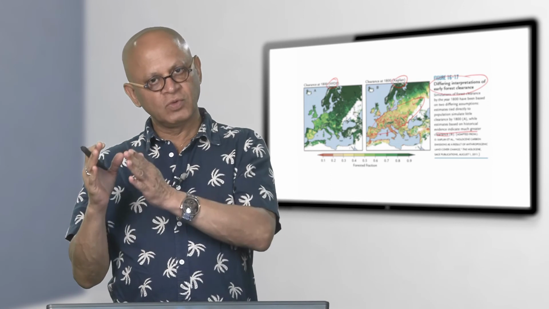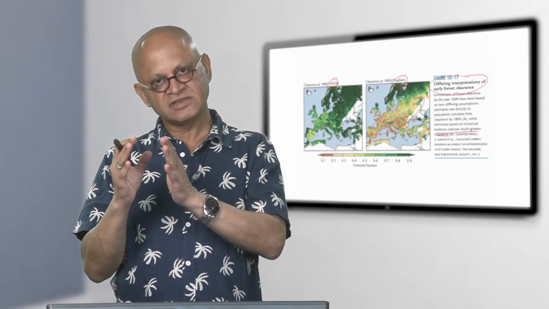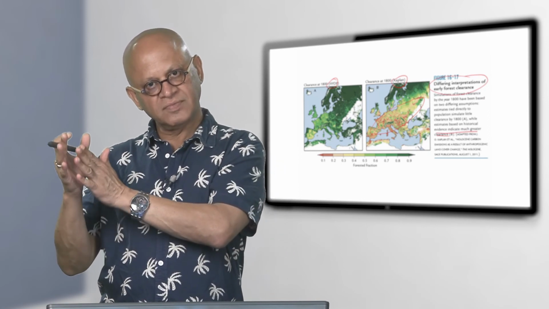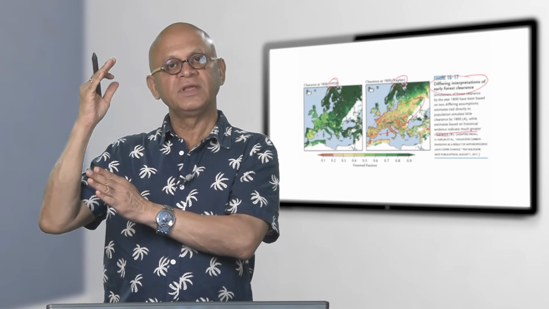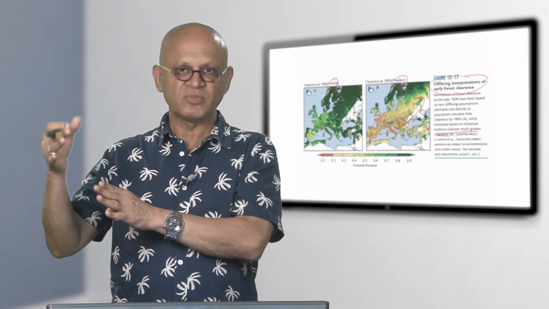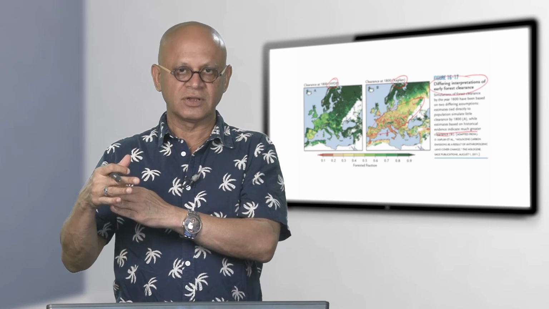So we will keep on looking at the evidences, we will keep on saying what the uncertainties are, but we have to keep on also moving towards the current century, and eventually we will come back to India-specific impacts and what the global warming projections are, what actions we can take to avoid global warming.